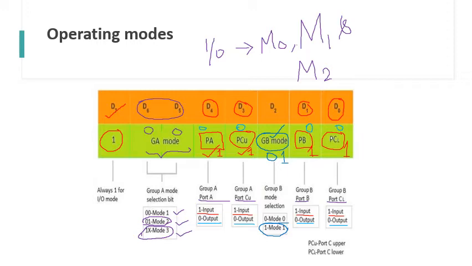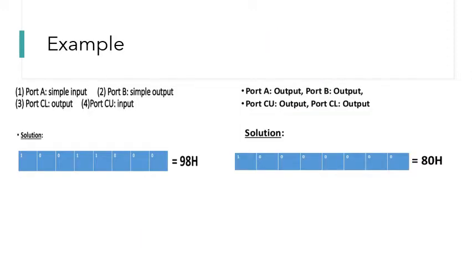In other words, the diagram explains what exactly the microprocessor writes to the control port to set a particular port in a particular mode of operation. Let me make it clear with some examples. Assume that you have to configure port A as a simple input port, port B as a simple output port, and port C lower and upper as input ports, in I/O mode.